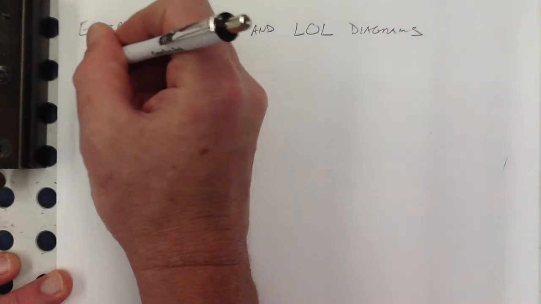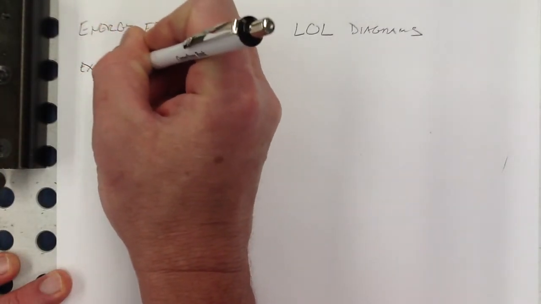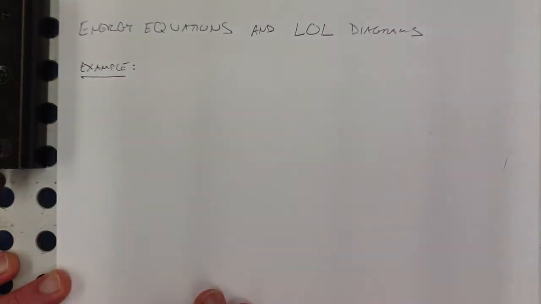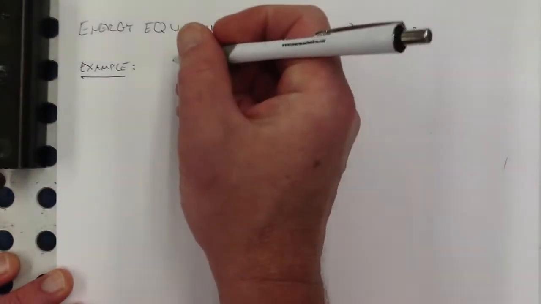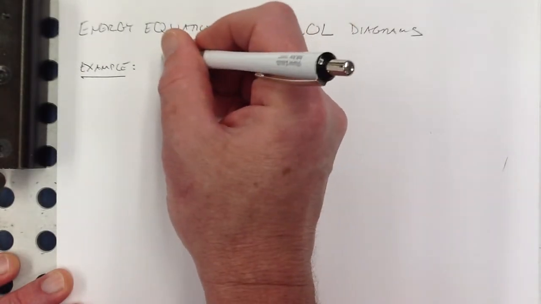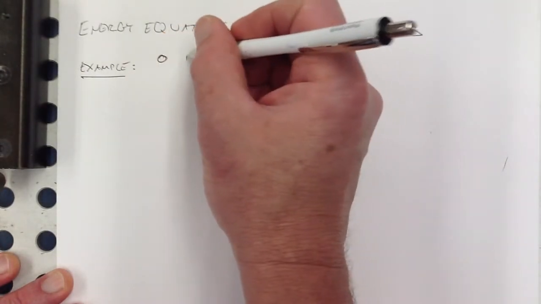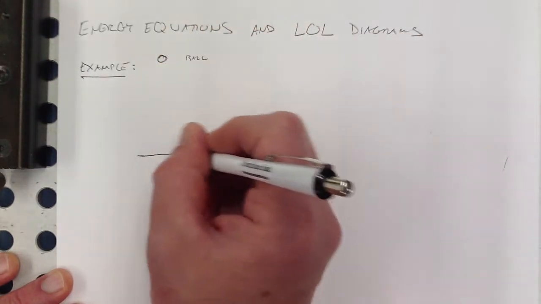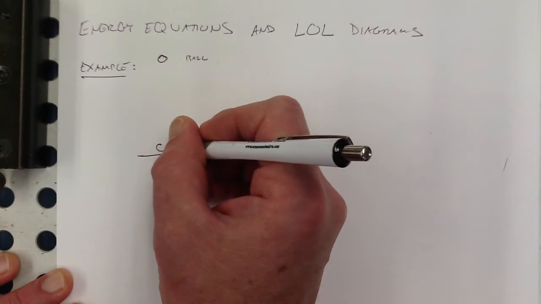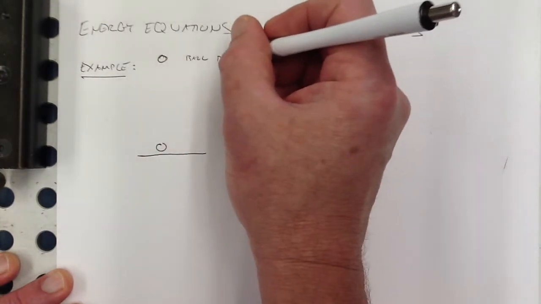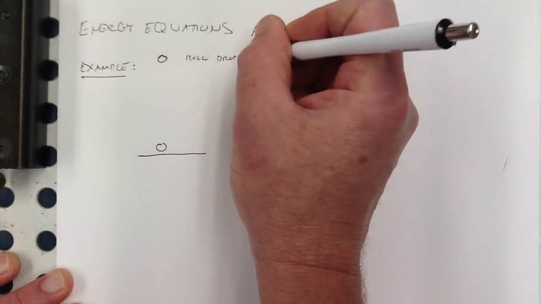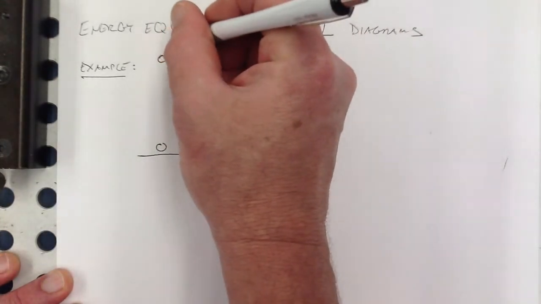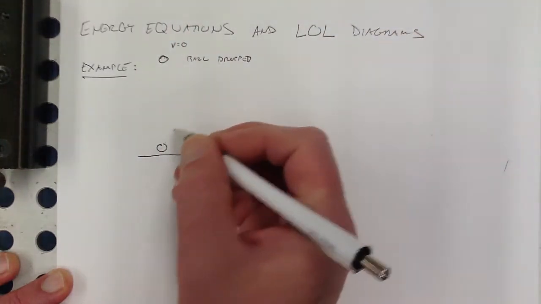So here's an example. Let's say we have an object, a ball, something like that, and it's dropped. So if we're dropping the ball, that means its initial velocity is 0, right? And then we're interested in